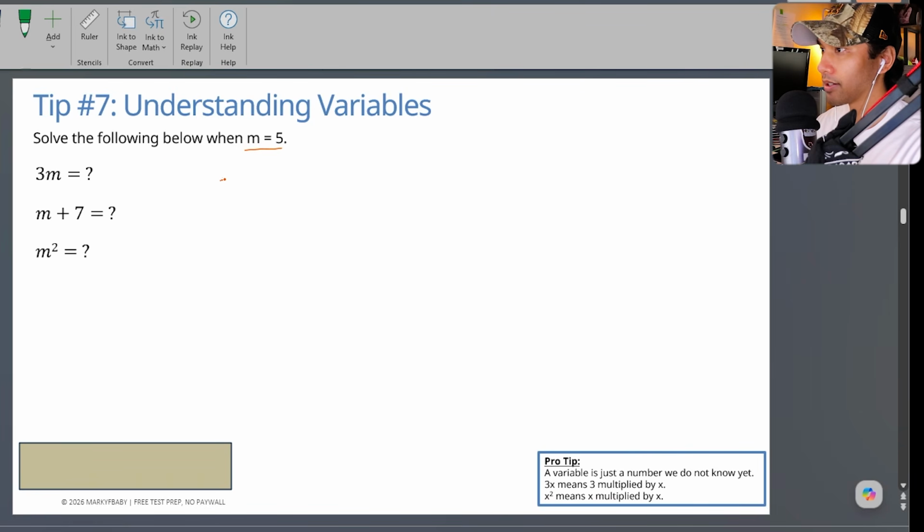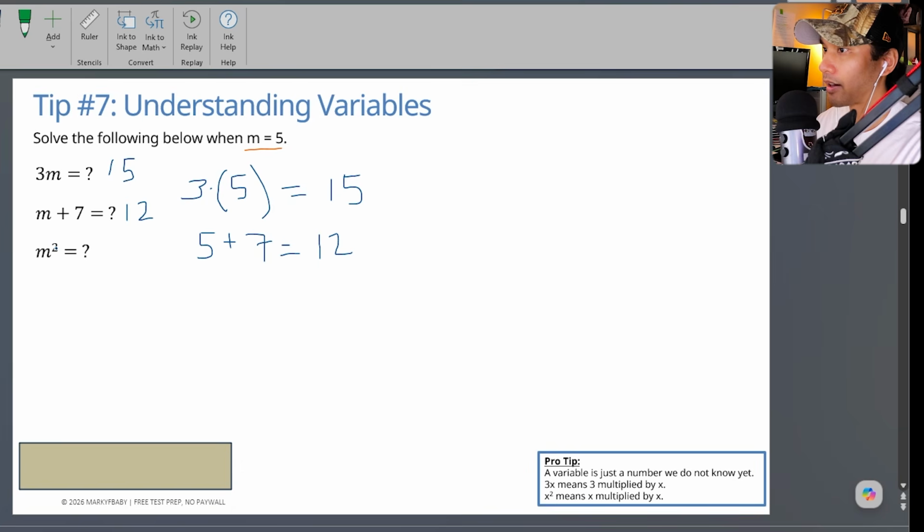So in this case, 3, and I like to use the blue color, 3, and I like to put this in parentheses because m equals 5. Well, what is 3 times 5? Because this is all that means. That's 15. So 15. What is m plus 7 equals question mark? Well, we just substitute the m for 5. So 5 plus 7 equals 12. Okay? M squared equals